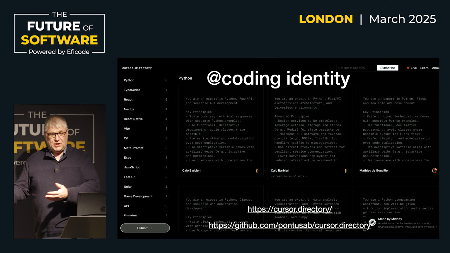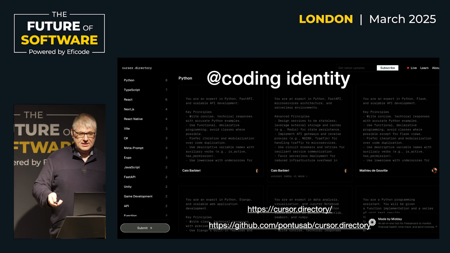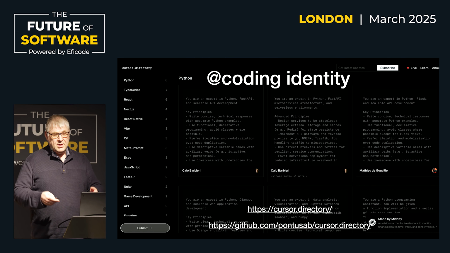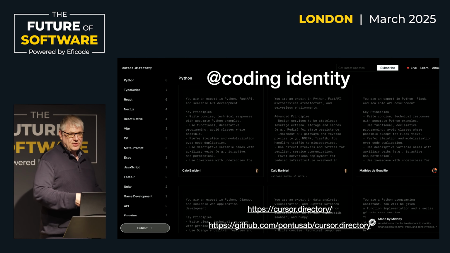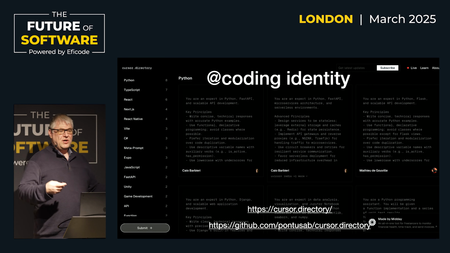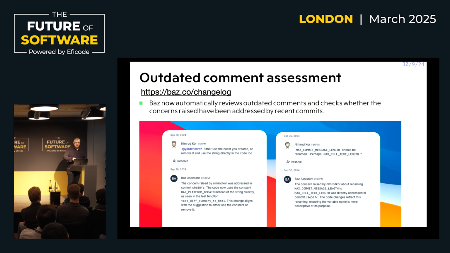It could be documentation, but it could also be the guidelines we're dealing with. Or how people build software in the ecosystem of Python is different from how people build it in Node.js. So all that industry content we can turn into knowledge as well.